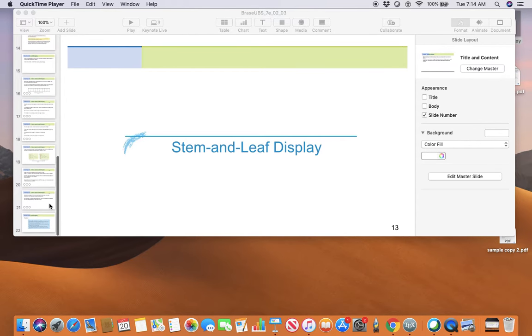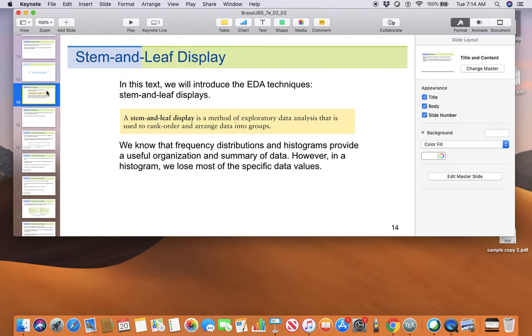Stem and leaf display. In this text, we'll introduce the exploratory data analysis techniques using stem and leaf displays. A stem and leaf display is a method of exploratory data analysis that is used to rank, order, and arrange